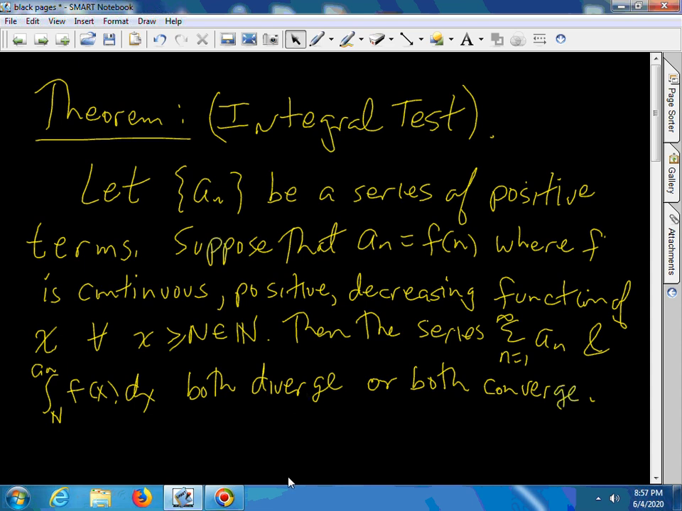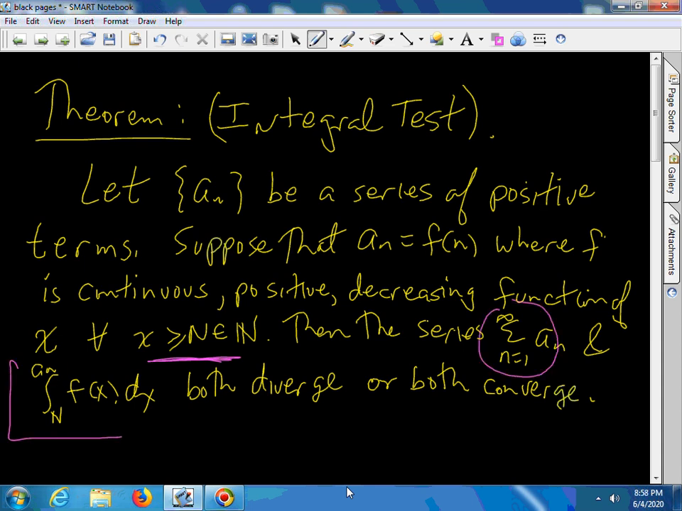In this video, we're going to prove the integral test, which says that if the sum of a sub n is a series of positive terms, and that a sub n is equal to f of n, where f is continuous, that is, you can draw it without lifting your pen, and it's always positive, and it's decreasing. It's getting smaller and smaller, but always positive. And if this is true for all x bigger than some n, that is, at some point, then both of